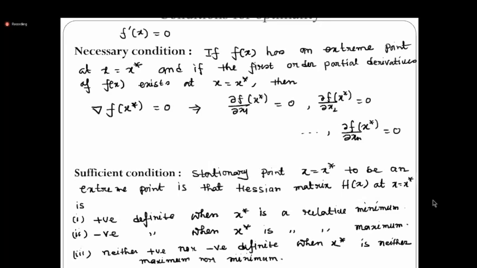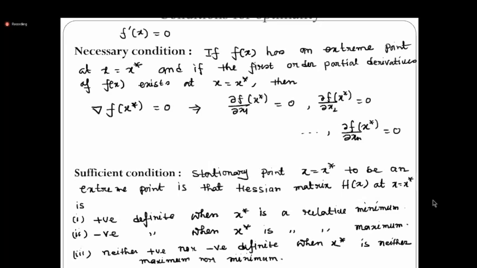So ultimately, if I summarize, what we can understand from this is that you first have to find the stationary point, and we get the stationary point by making the gradient of the function f(x) at that point x star equal to 0. Then we get a system of linear equations, and you have to solve it to get the stationary point. Next, we check whether the stationary point gives us the maximum, minimum, or saddle point. To check that, we find the Hessian matrix at the stationary point x equal to x star.